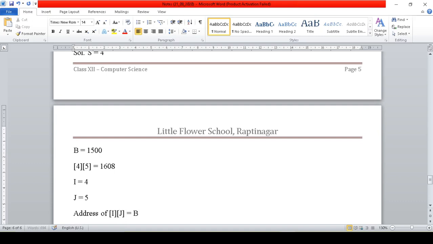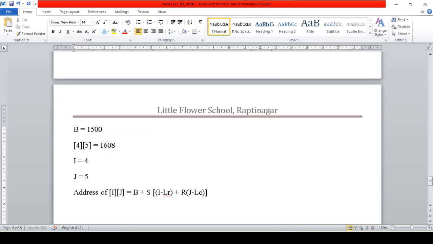So now base address plus size, within brackets, first of all (i minus lr) plus (j minus lc), and because we are working with column major, we will work with the number of rows, so we will get the number of rows from here. Let's fill the values.